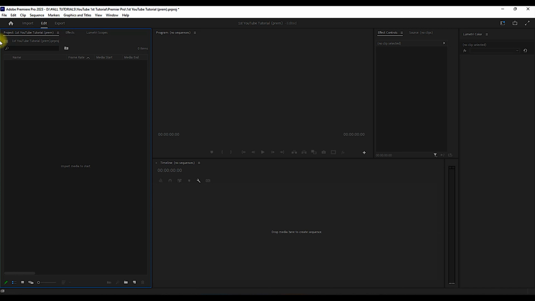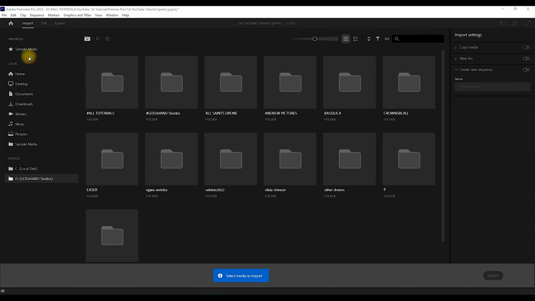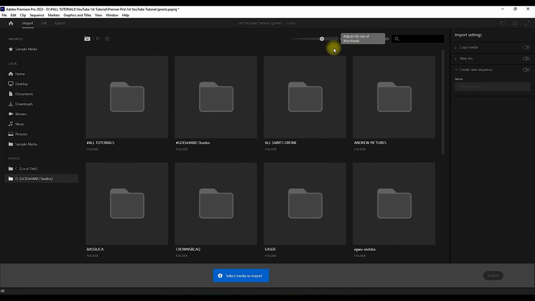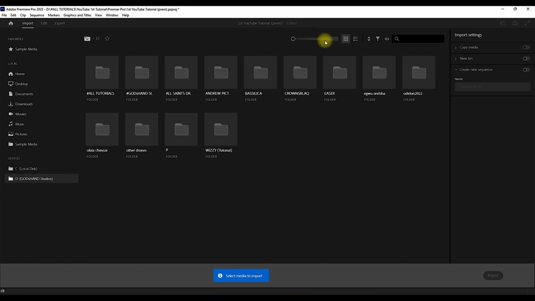Another way you can import videos to your project is by going over to this import tab and clicking on it. You will notice that this is similar to the icon you will see when you open your file explorer. These are various possible locations where the clips you intend to edit or your media assets could be. Notice these icons on the right side of your import. This one adjusts the size of your folder. When I drag it to the right, my folder size increases, and if I drag it to the leftmost side, it reduces. Let's keep it at the middle for now.